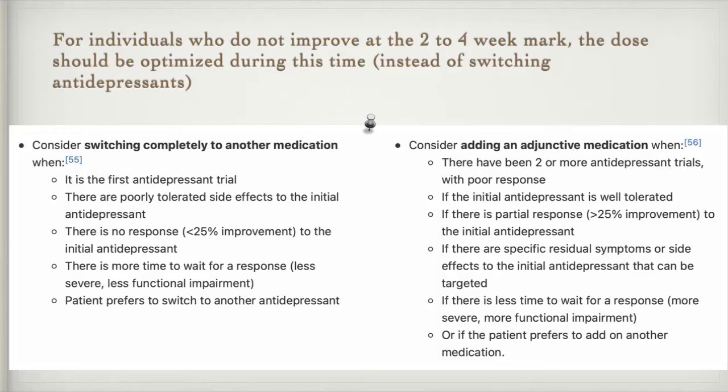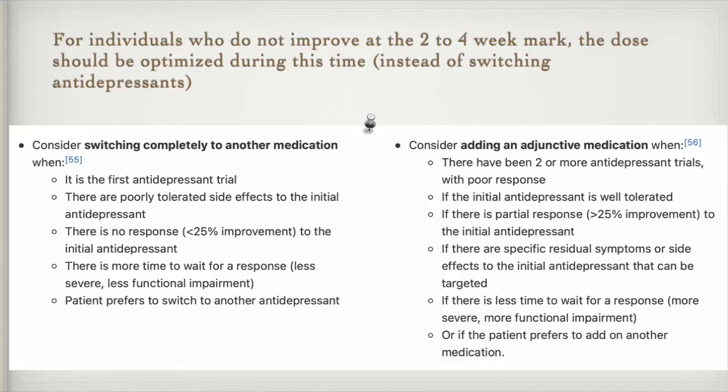And we can also give the augmentation treatment when the patient is partially responding to the initial antidepressant but not fully, or the initial antidepressant is well tolerated but the action is not fully achieved, or the patients have tried 2 or more antidepressant trials but with poor response, or the patient is having specific residual symptoms or side effects to the initial antidepressant but that can be targeted, or the patient has less time to wait for a response with the initial antidepressant because of the severity or the functional impairment, then we can add another